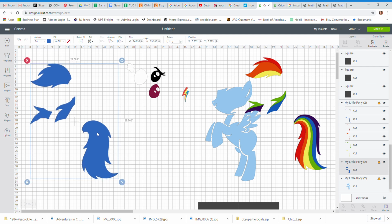So it's a nifty little tool. Basically, I want to separate this blue layer into 4 pieces, and I want to do that for a couple of reasons. One is when I go to send it to the cards to make it on my cardstock, I could probably move these images to save a little bit of my glitter